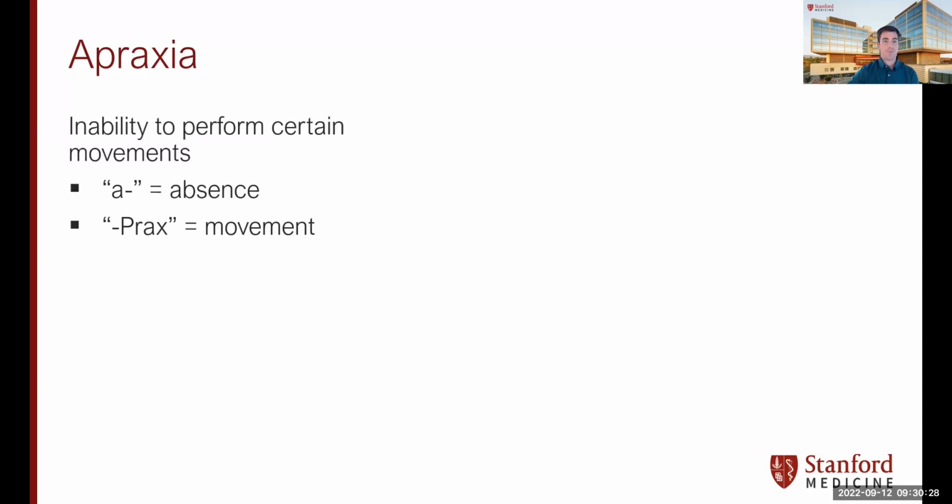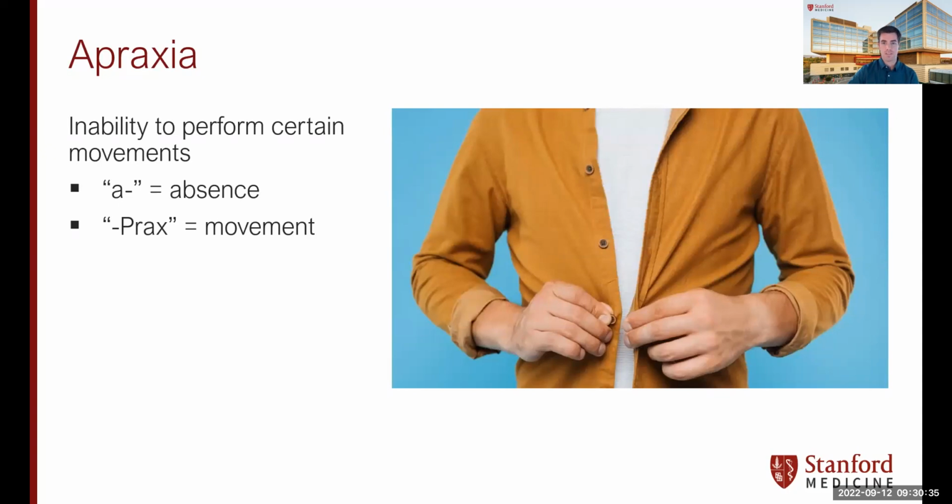Yeah, that's exactly right. So A is absence, prax is movement. So apraxia is the inability to perform certain movements. And this is kind of an interesting condition. So it's usually the result of a stroke or a central nervous system disease. And it ultimately leads to inability to do certain